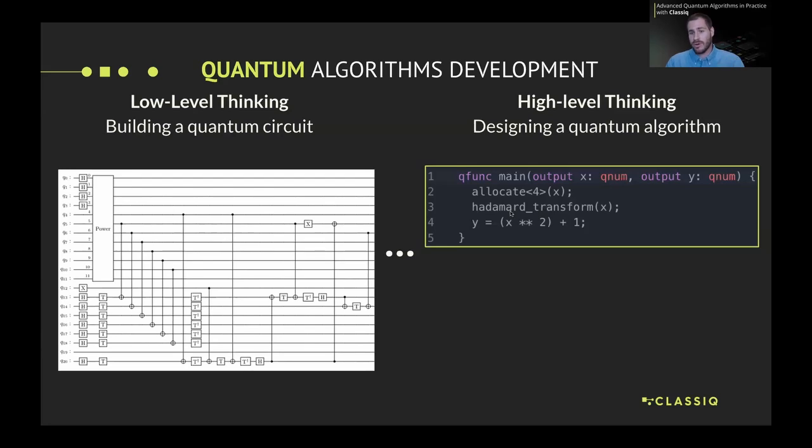So we have an operation. We do the Hadamard transform. This is one operation on a quantum variable. And then we have another operation with another quantum variable, y, that implements some arithmetic function coherently. So this is an actual simple quantum algorithm that implements coherently on a quantum computer, in a superposition, the operation x squared plus 1,